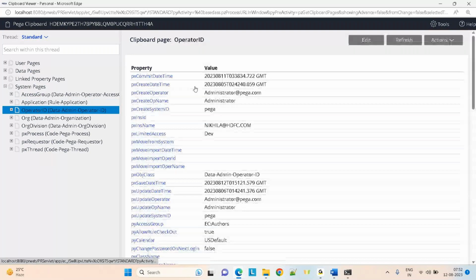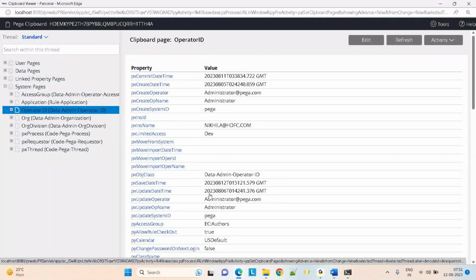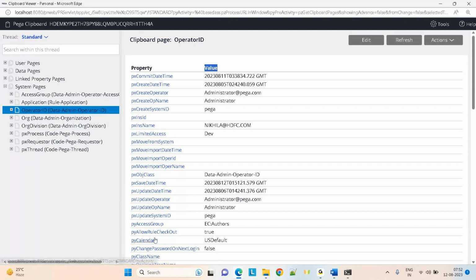I have multiple properties, multiple values. All these are properties, all these are values. Now, what is this? Page. So, this is a page. Multiple properties, multiple values. The best example I can see for a page is